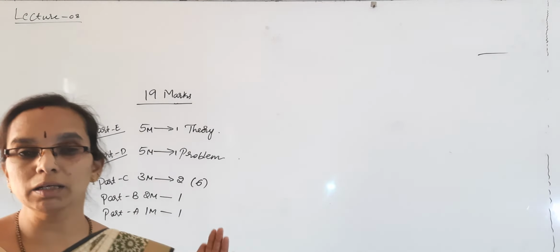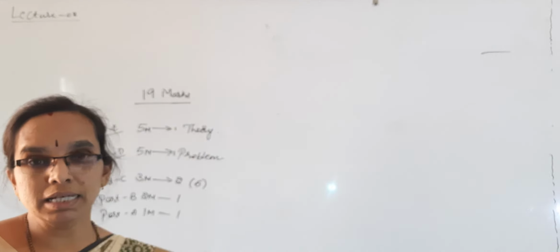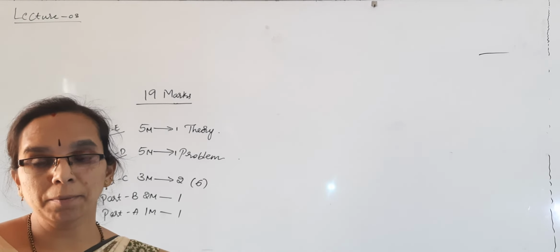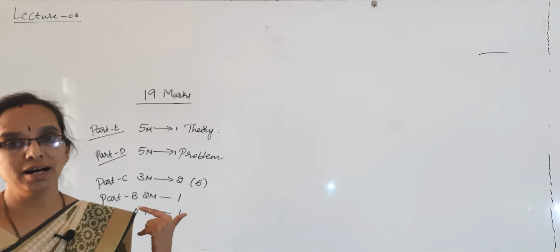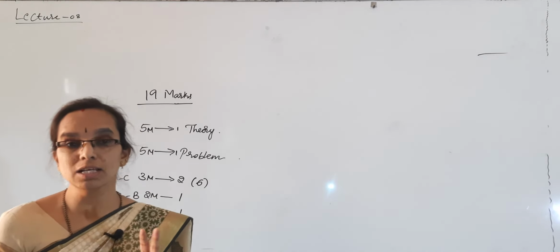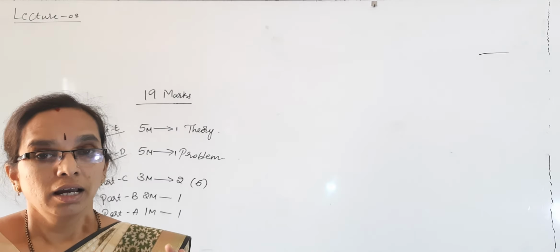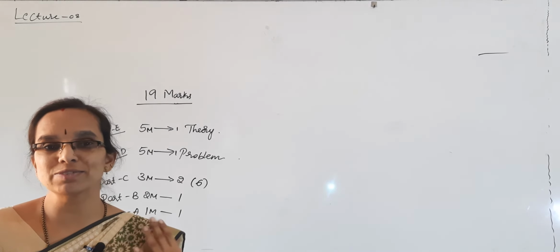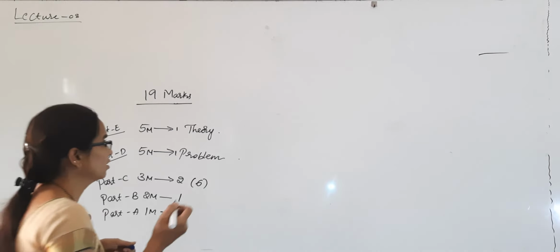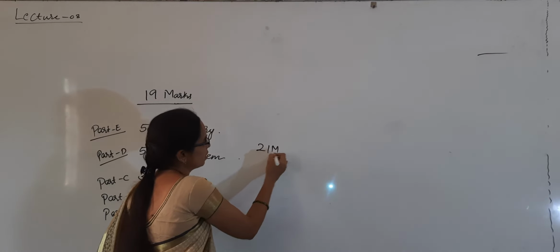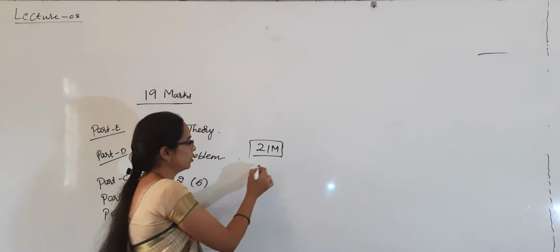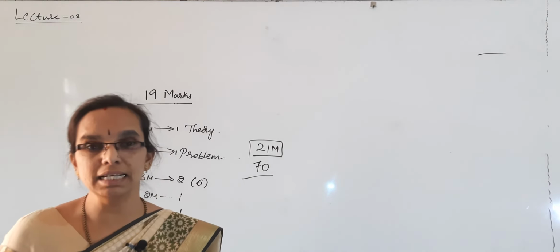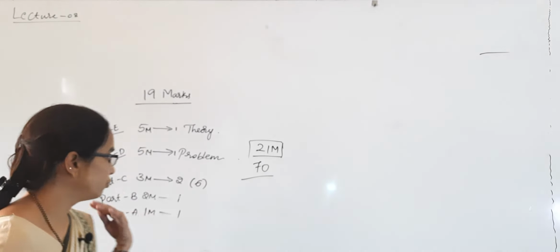In your question paper there will be 5 parts, part A, B, C, D, E. From this chapter, in all the parts you will have questions. In part C you will have 2 questions. So if you read this chapter, you can easily pass. The passing marks are 21 out of 70 in theory. So if you read this chapter,